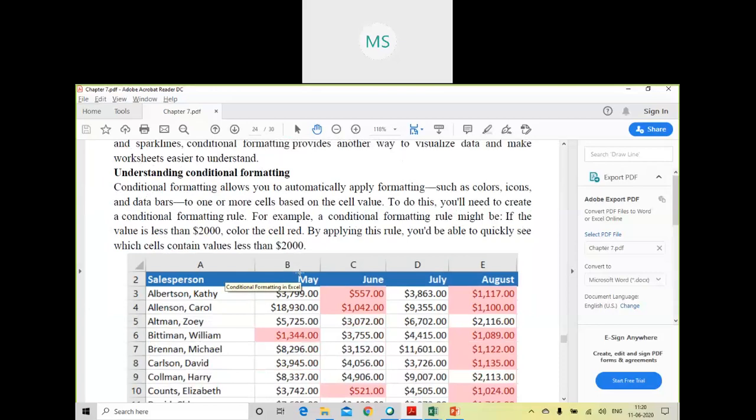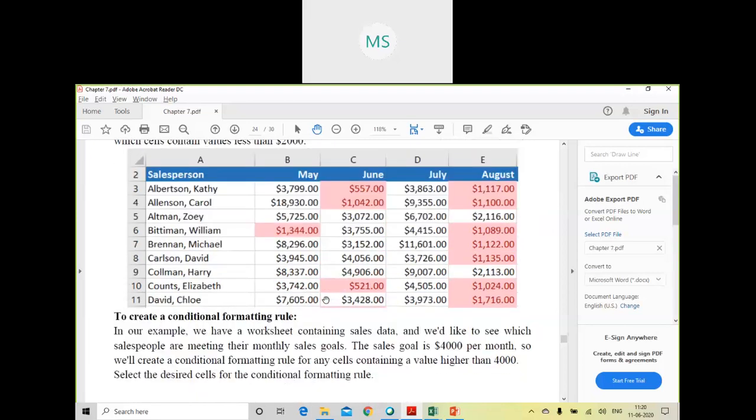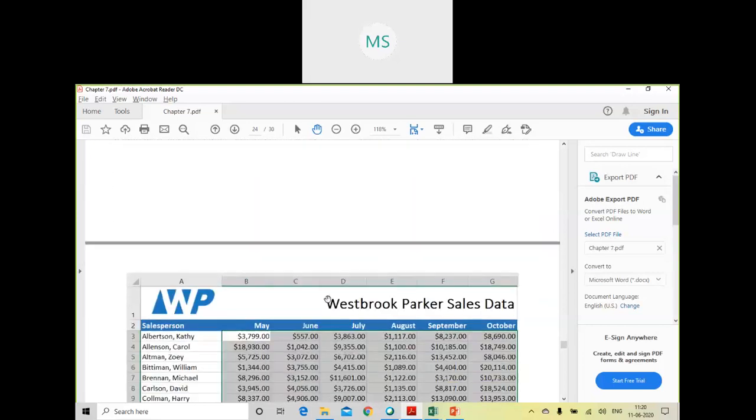First, you have to understand what type of rule you must apply, and accordingly you can format it. For example, a conditional formatting rule might be if the value is less than $2,000, the color should be red. By applying this rule, you will be able to quickly see which cells contain less than $2,000, because all those cells will be highlighted in red color.